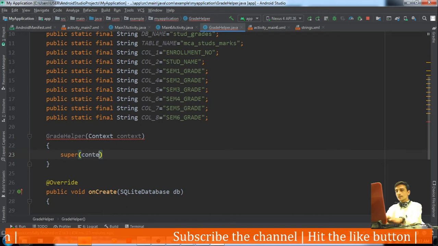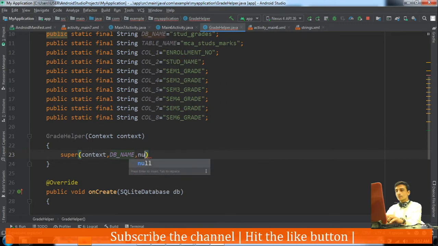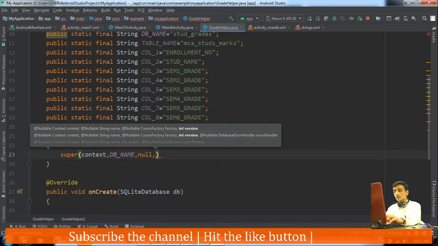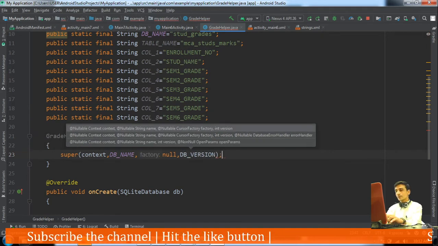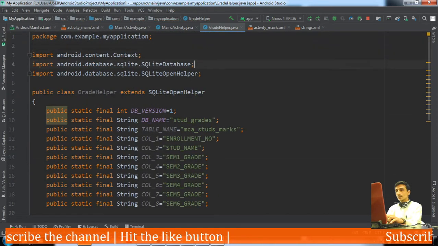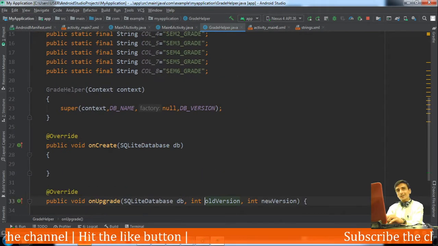Get application context is the first argument. The second argument is the name of the database. The third argument is the cursor factory, which we will pass as null. And the last argument is the database version. We have already defined a variable for the database version. Now it will not show any error. You can see all the errors are removed because we have defined the constructor.